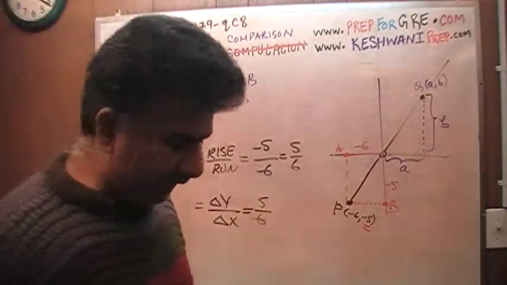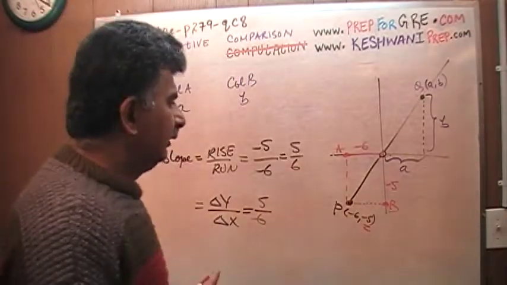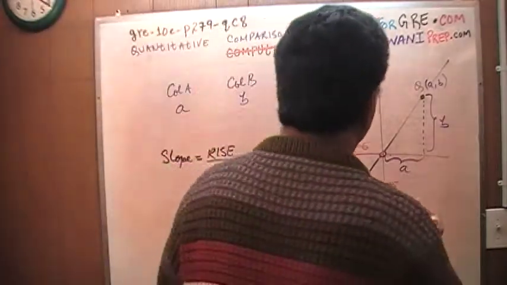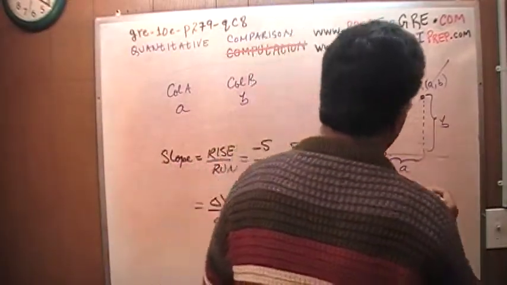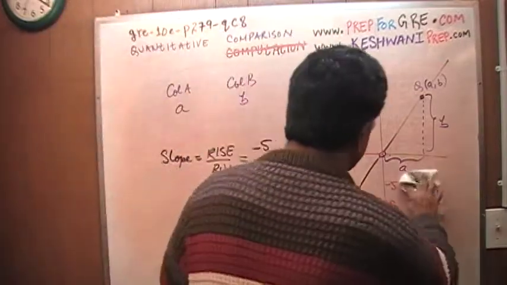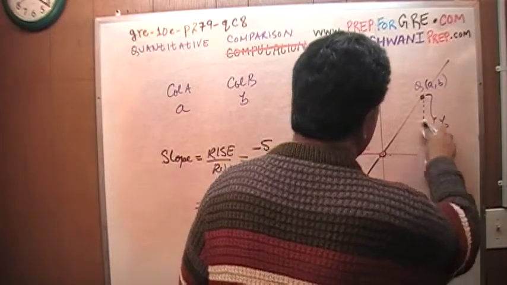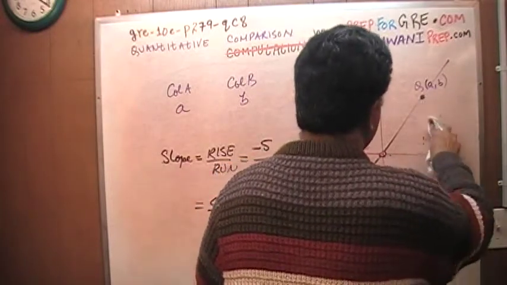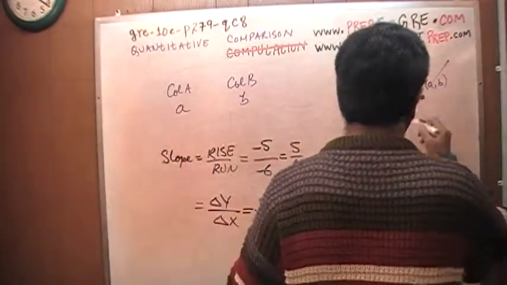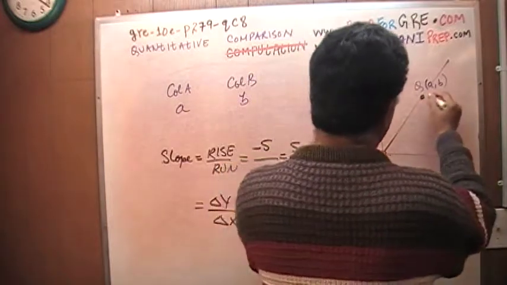What that tells me is that I do not know exactly what a and b are, but I do know that they are always in this ratio. For example, I'm going to put them here now. I'm going to erase all of this because I need the room here. For example, if this distance right here, the change in x, happens to be